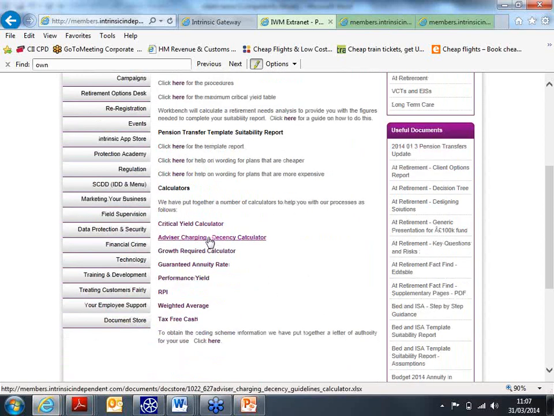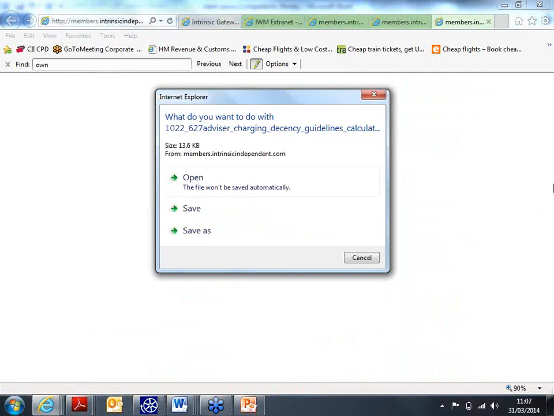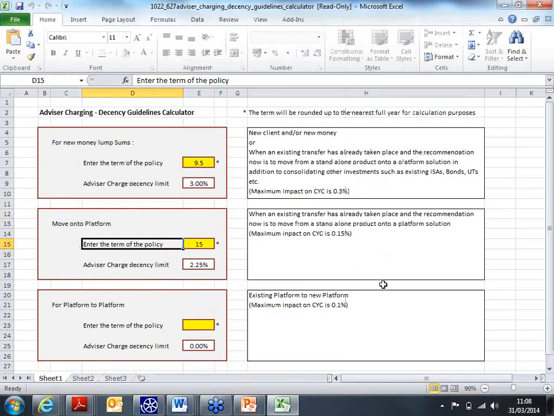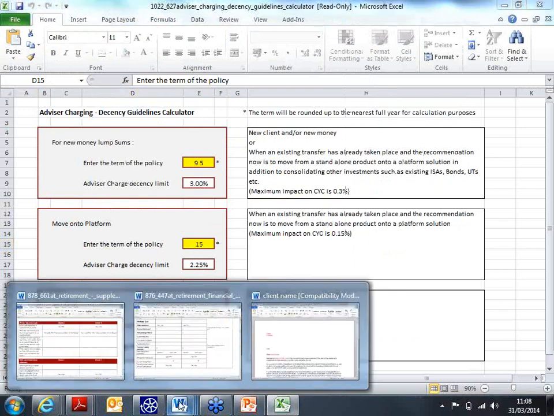Then moving on to the advisor charging. Now, with regards to advisor charging, all advisor initial charges are capped at a maximum of 5% for lump sum investments. However, where the charge is being taken from the client's pension fund, the advisor can operate within decency levels. So I'm just going to show you the various different advisor charging calculators that we use. Again, if you were to look at the pension transfer guidance,